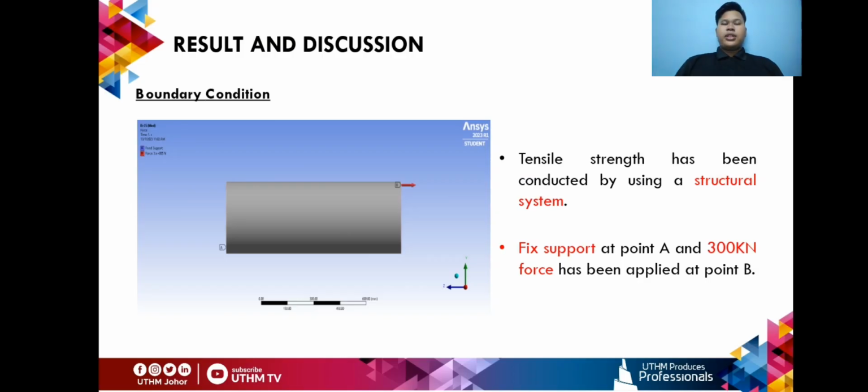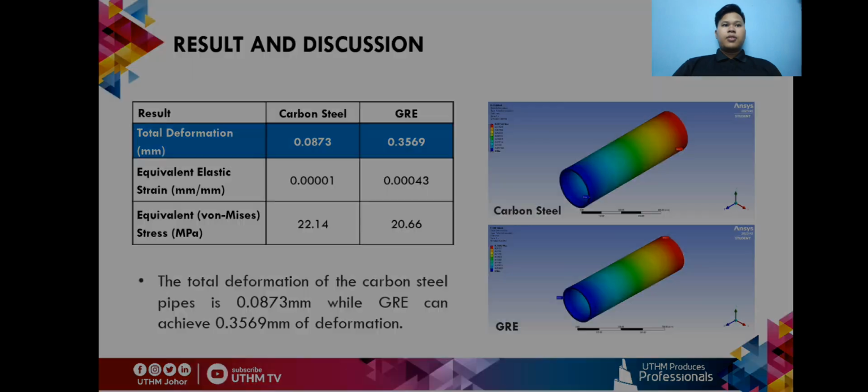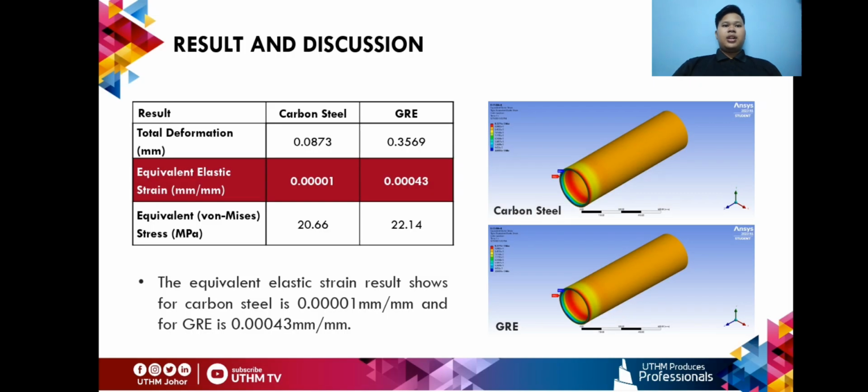For results and discussion, the tensile strength analysis has been conducted using a structural system. Fixed support at point A and a 300 kN force has been applied at point B. For total deformation, the total deformation of the carbon steel pipe is 0.0873 mm, while GRE reaches 0.3569 mm of deformation. For equivalent elastic strain, carbon steel reaches 0.00001